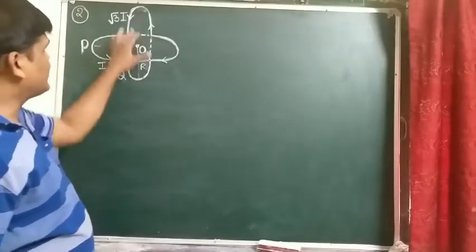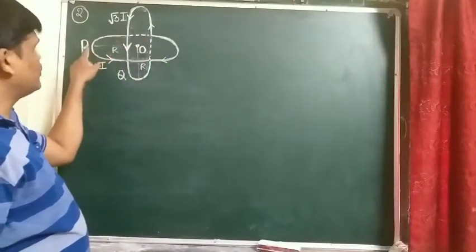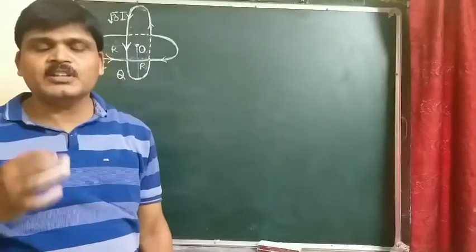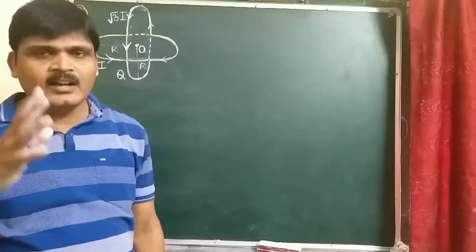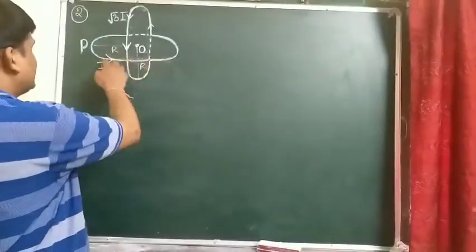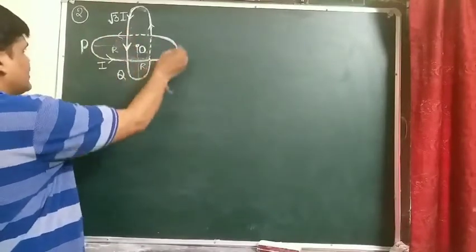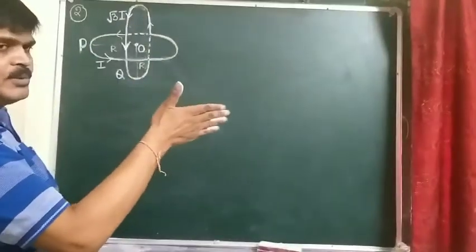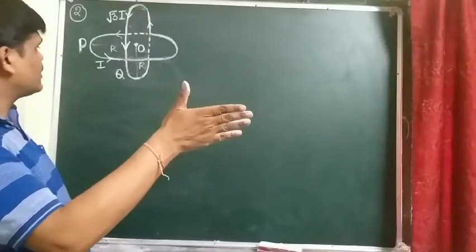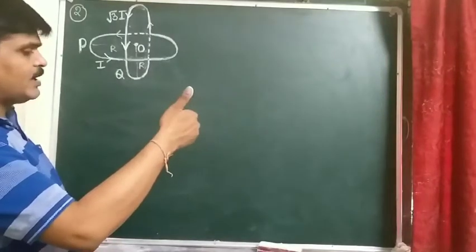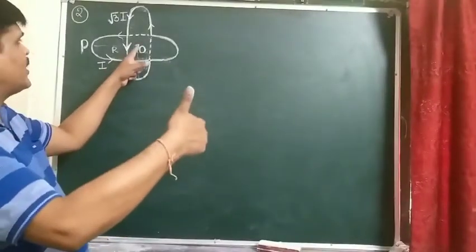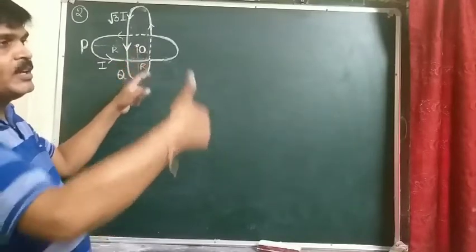The magnetic field at point O due to circular current loop P: we know the magnetic field at the center of a circular current loop is mu naught by 2 I by R. For the direction, the current in loop P is flowing anti-clockwise. If we curl the fingers of the right hand along the direction of current in loop P, the thumb gives the direction of magnetic field at the center O, which is vertically upward.